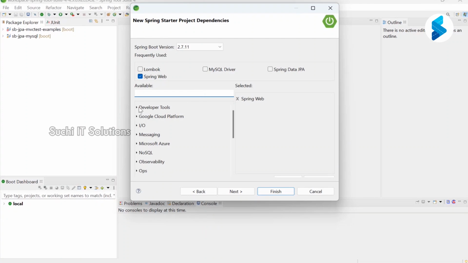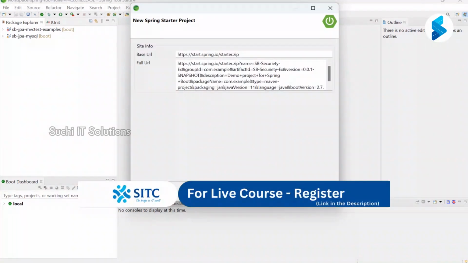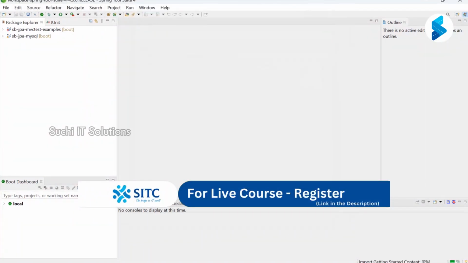Why do we require the dev tools? Development tools, so that it reloads, guys. Hey, sorry, I forgot security. Anyway, let me add it now.